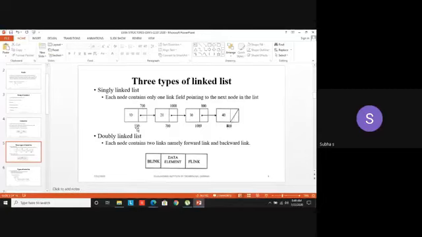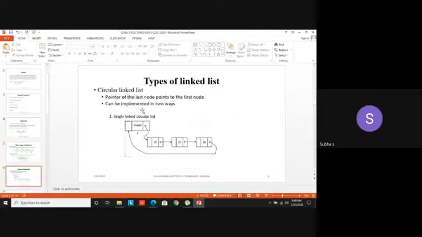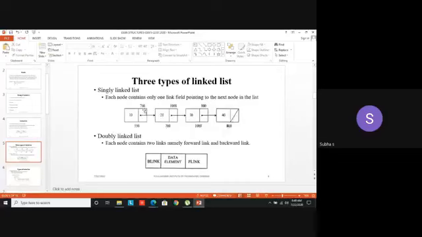This memory is what? 550. That 550 is stored in some address. It's mentioned in another slide. Here it's there. Okay, so this is called a singly linked list. I am forwarding in one direction only. The linked list is pointing in one direction. That is, it points only to the successor nodes, next nodes. That is the singly linked list.